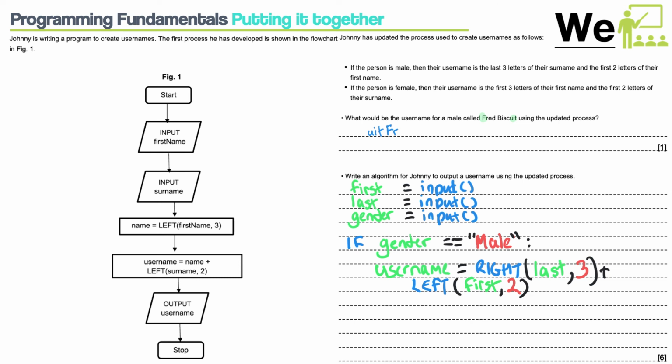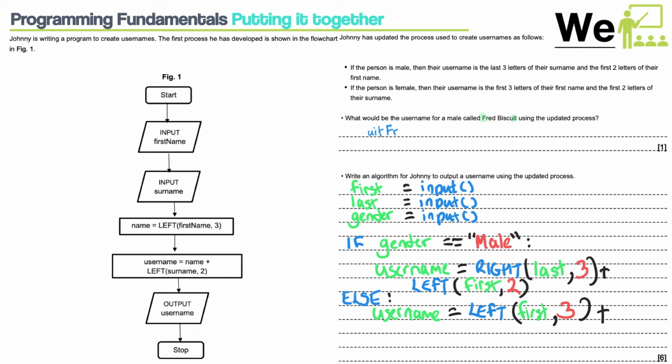So in this case, we'll do else, and then colon. And we have to do a similar thing. We'll have to do username, right? And then we'll have to think about how we're going to construct it. Well, let's have a quick read. So for female, the username is the first 3 letters of the first name. So we'll do left. We'll send it the first name. But it's the first 3 letters, so we'll send it the value 3 to get the first 3 letters, plus,